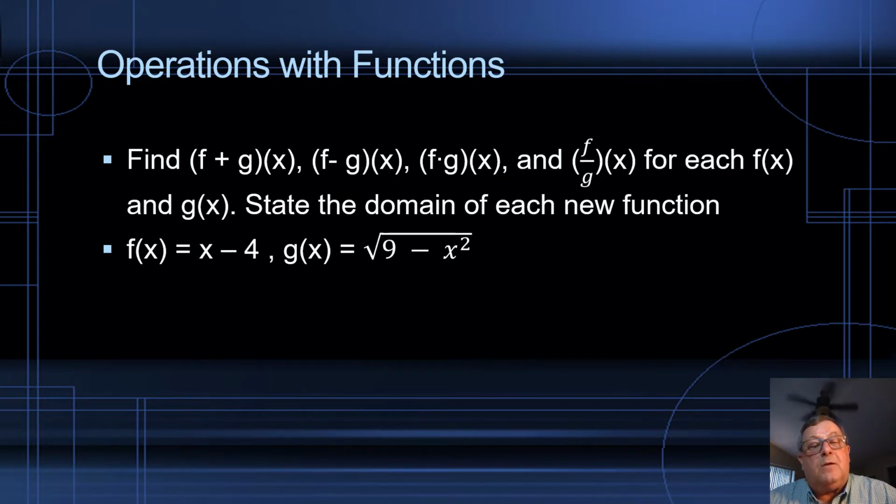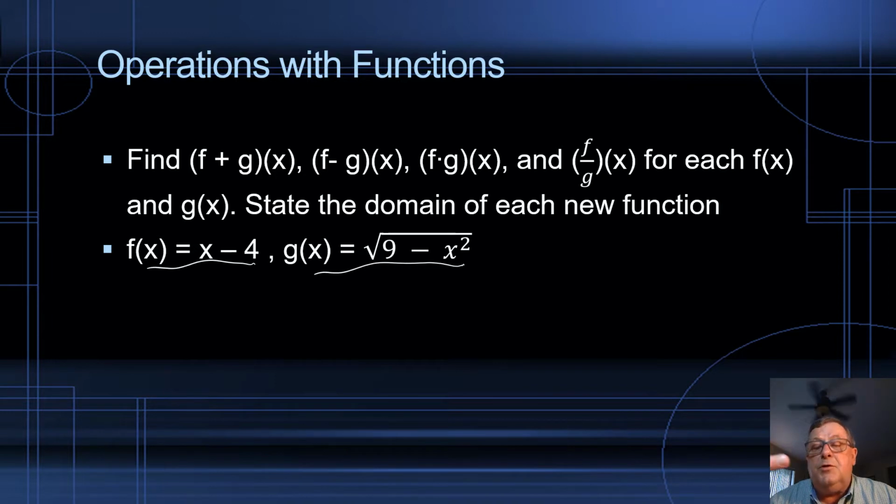f of x is equal to x minus 4, and g of x is equal to the square root of 9 minus x squared. And then we're to state the domain of each new function after we add them together, subtract g of x from f of x, multiply f of x and g of x, and then divide. And before we get started on that, let's look at what we have, because in my